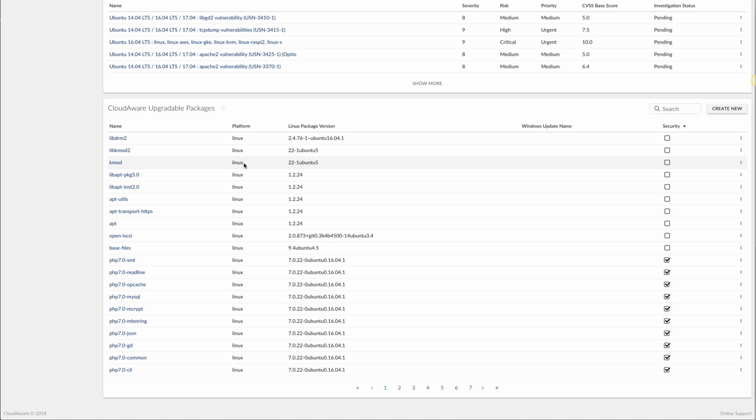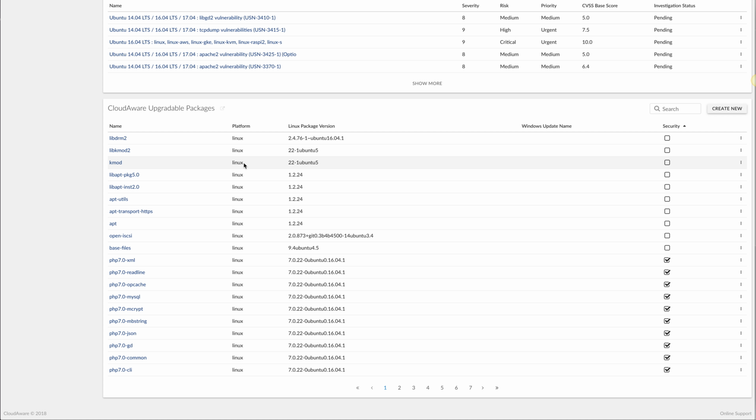But remember, in the previous videos, I talked about Cloudaware capabilities around workflows and reporting. So one of the things that we could do with this data now is to generate a weekly or a monthly report saying, these are the patches and packages that are available to us. Or we could also create workflows saying, if there is a new package that's been out there for